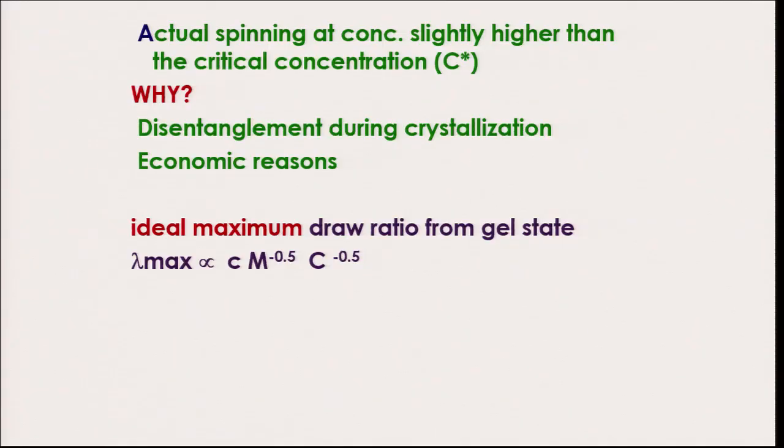Now, using the critical concentration, it is possible to achieve the ideal maximum draw ratio from the gel state. Here lambda max denotes the maximum possible draw ratio that can be achieved from the gel state. And as you notice in the formula, this maximum draw ratio is proportional to